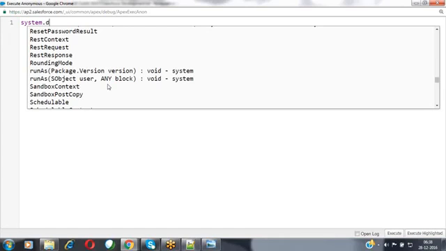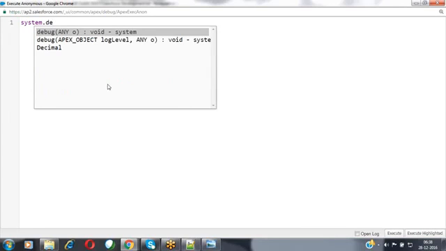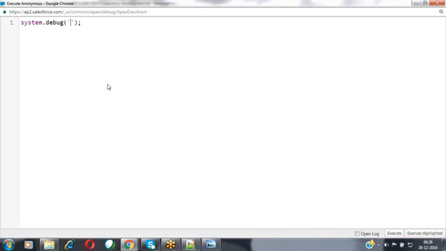Whenever you use system.debug, it provides the method syntax. Just press enter, and the method syntax is automatically included. Now specify the message you want to print. I'm printing the message, welcome to Apex programming. Now I have written this code and would like to execute it. How can we execute it? In the bottom right corner, you will have a button called the execute button. Click on that execute button, and it will execute your code.